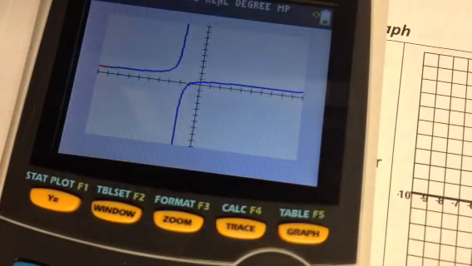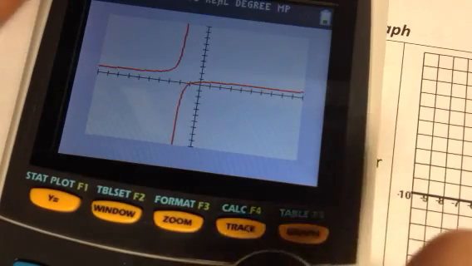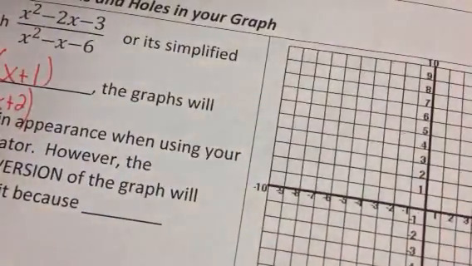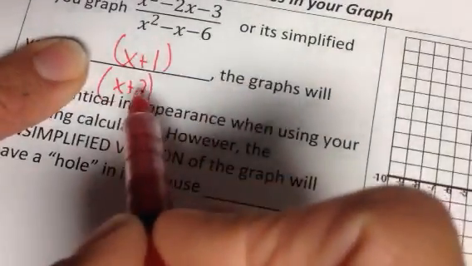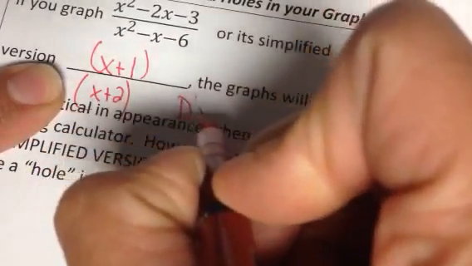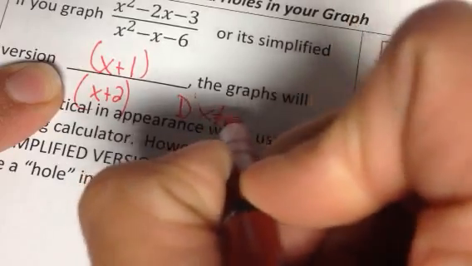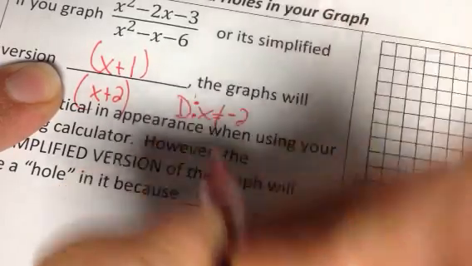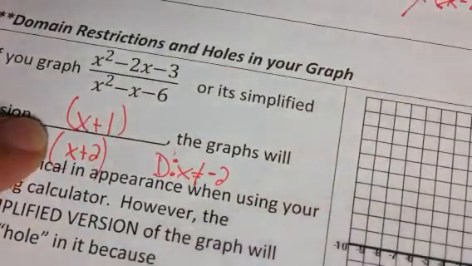And I'm going to graph it. So you're going to see the red going over the blue. And they look exactly the same. But there is actually a big difference between these two. Because if you just looked at this graph, you would say, well, in the domain, x could never be negative 2. Okay? But if you look in its unsimplified